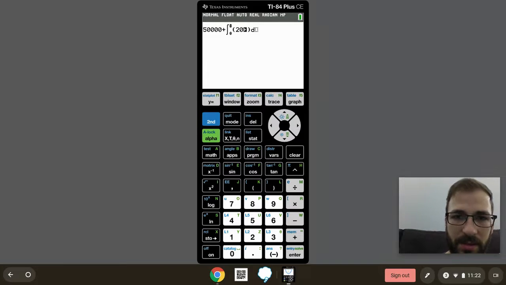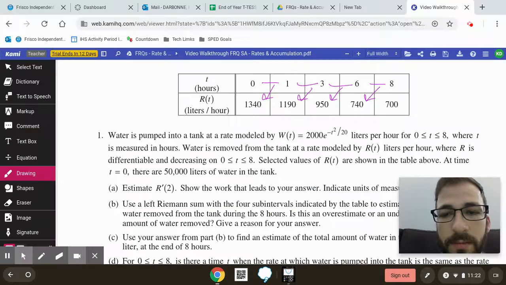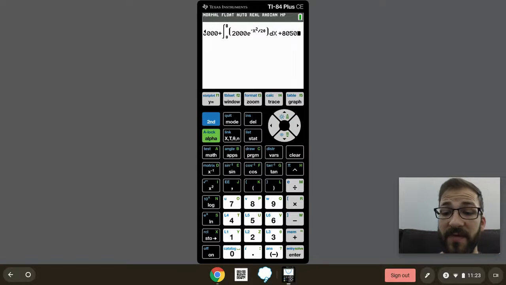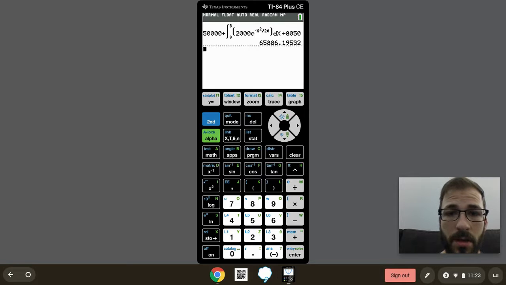So 2,000 second e to, is it negative t squared? Yep, negative t squared over 20 dt. And then I want to add 8,050, that estimate we found in part B. We get